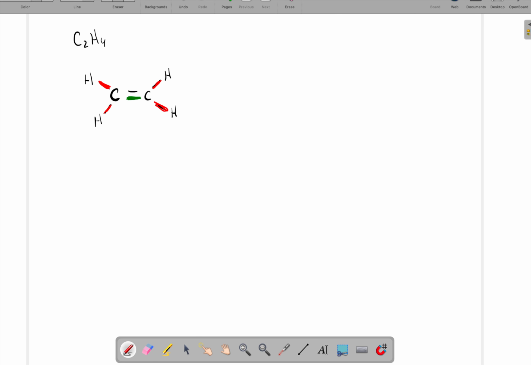Okay, and that can be a hard question, particularly depending on how you learned Lewis structure, which is why I would recommend looking at the optional Lewis structure video. There are 3 groups of electrons around that carbon. And because it has 3 groups of electrons, we know that its shape is